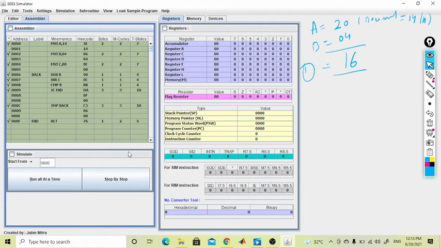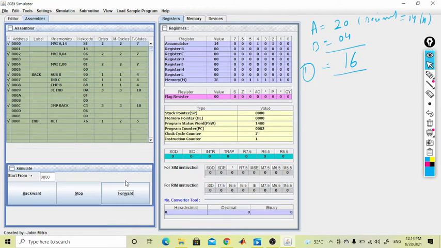Now we can execute it step by step, from the location 0000. At this position we have taken the value into the accumulator register.